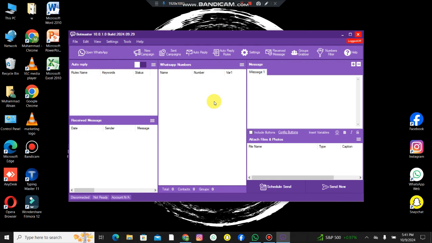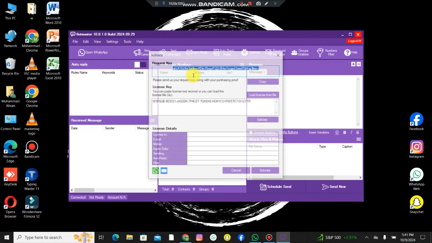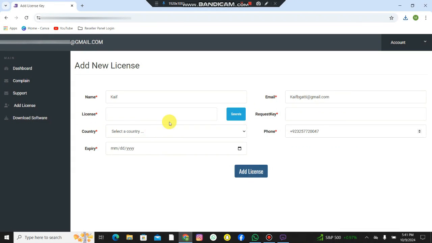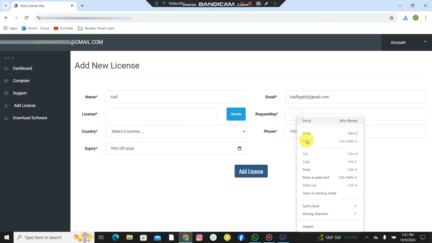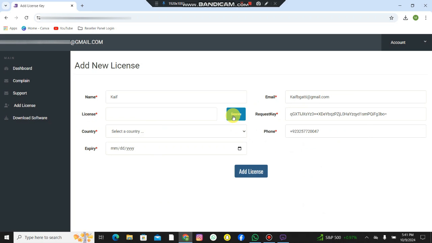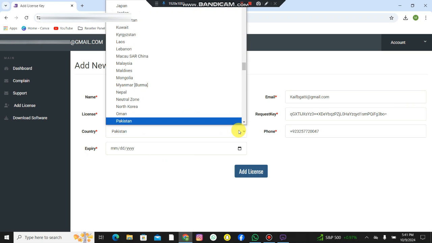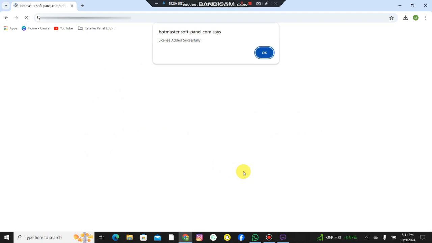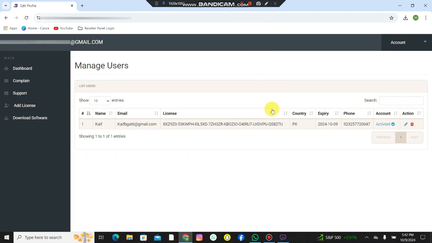Once you open the BotMaster, you can see this small window in front of you. Copy that request key and open the reseller panel again. Paste that request key here and generate. The new license is generated. Select the country from where the client is, expiry date of the license. Click on add license and OK. Copy that new generated license